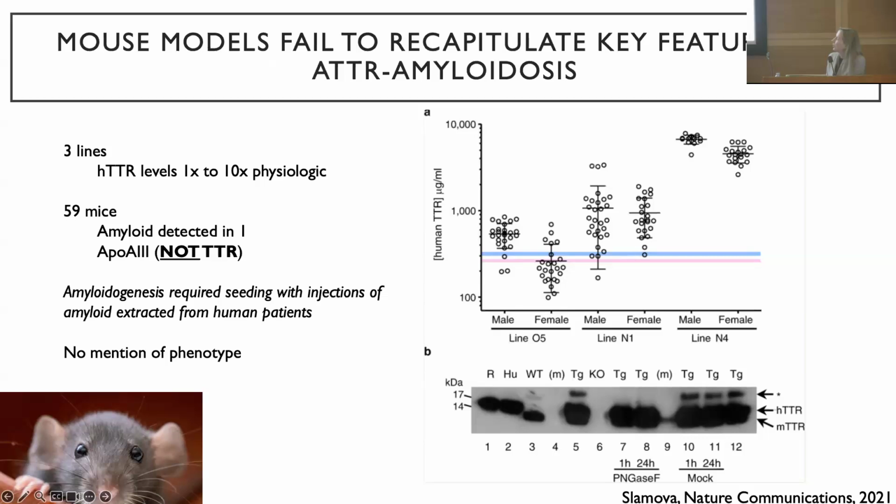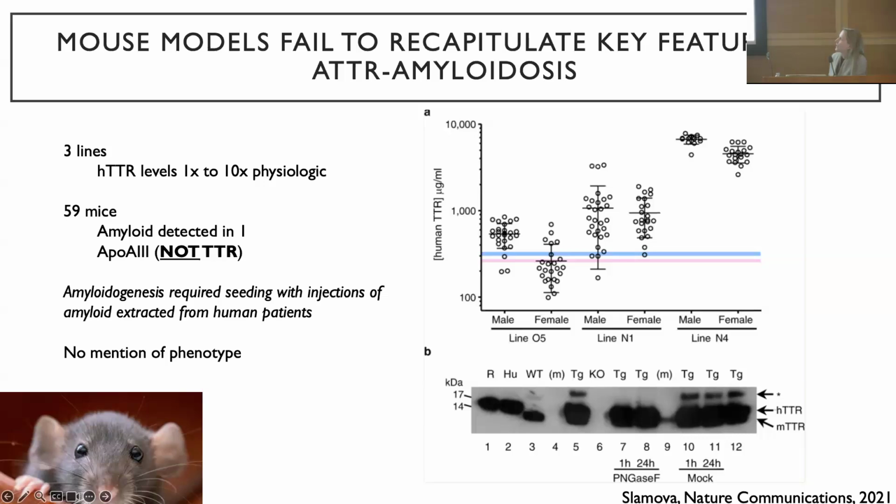And going back to comparing mouse models to stem cell models as we did for PD, a couple of labs have tried to model transthyretin in mice and have had very little success. This was the most recent attempt that was published about 4 years ago. This group made a mouse model where they expressed human transthyretin in mice. And the levels of TTR in the mice were anywhere from the same level as humans, or 1x, to 10 times the levels seen in humans.